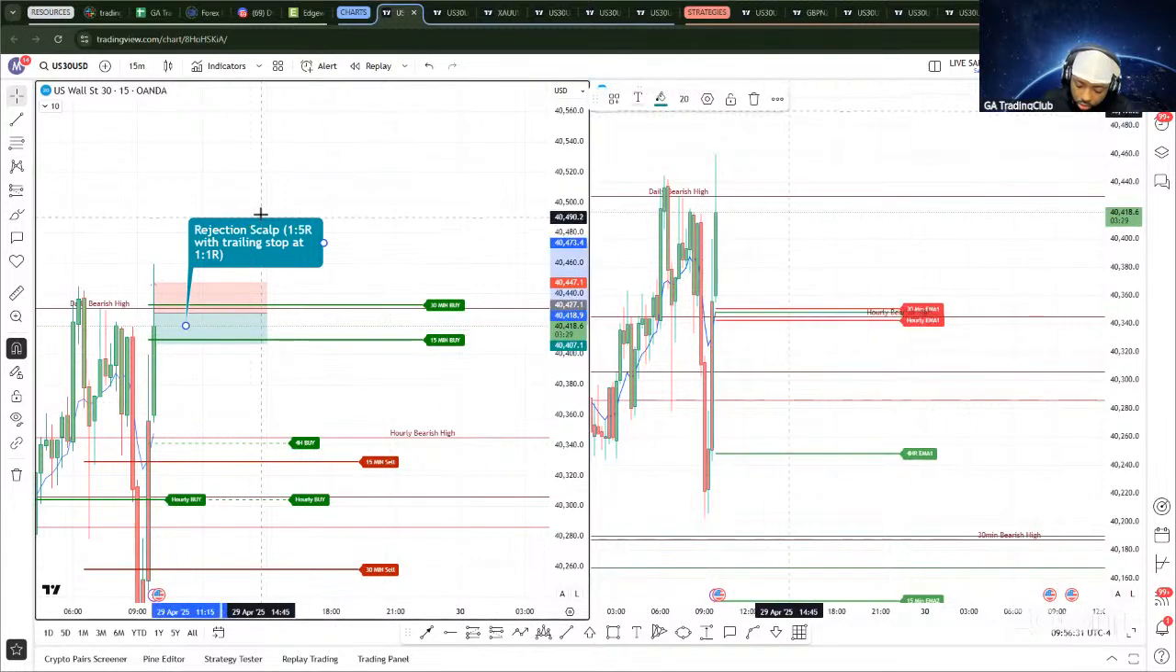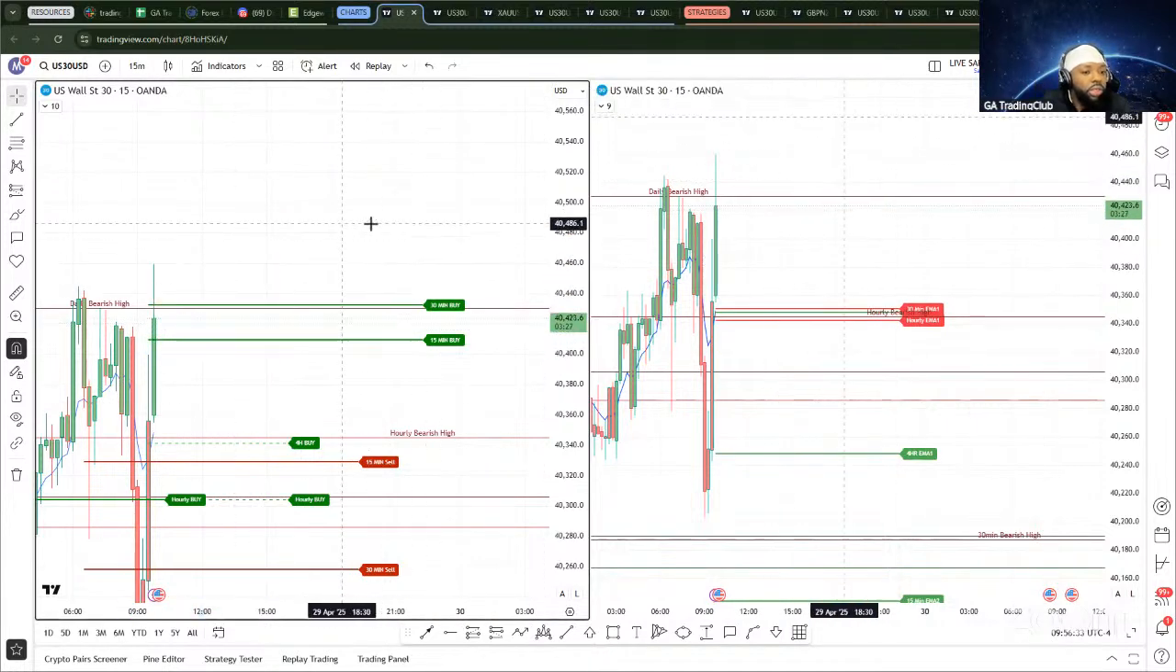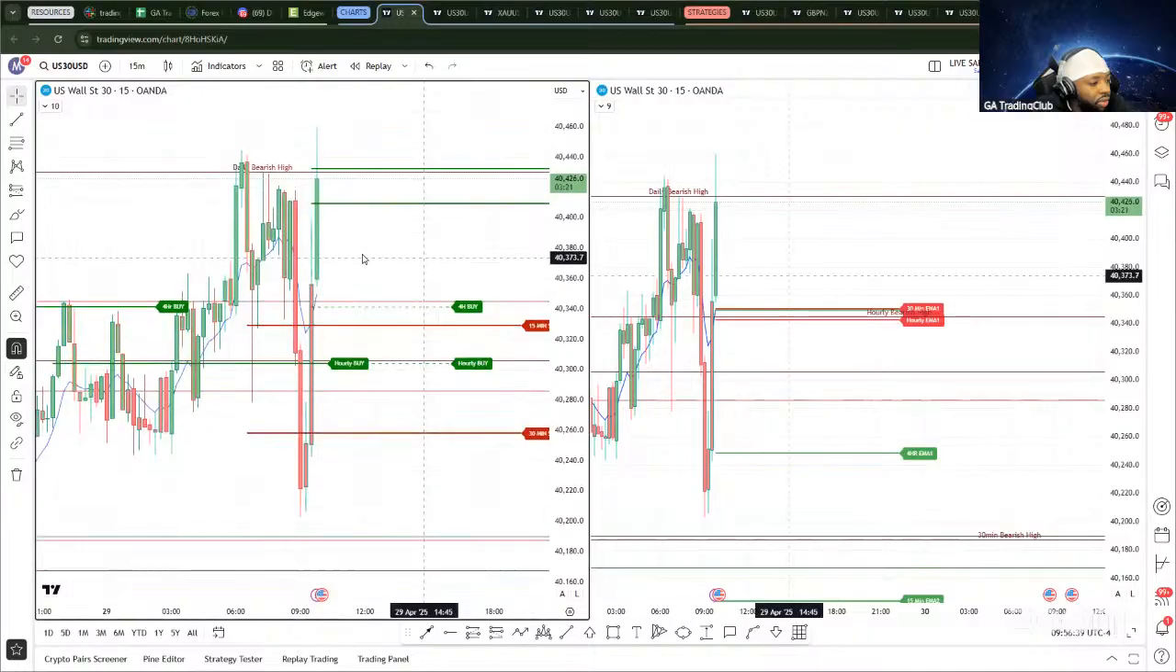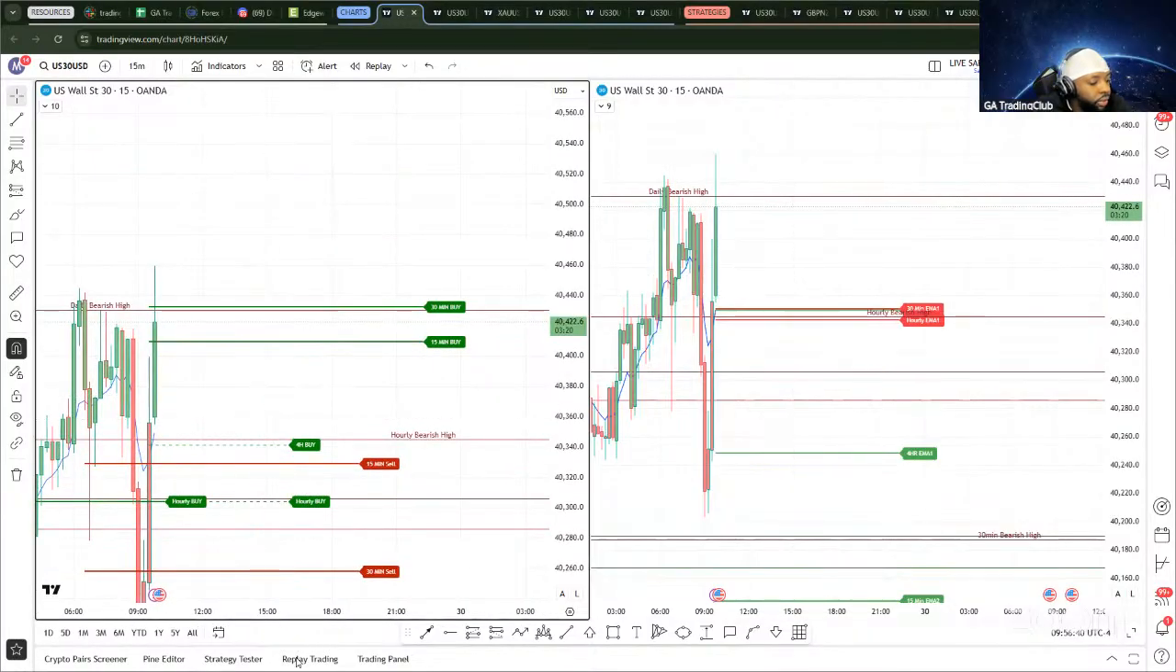So this is already done. Let's see if we get any other entry. Not sure if we'll get another entry since we've already printed the 15 minutes and 30 minutes. But right here,